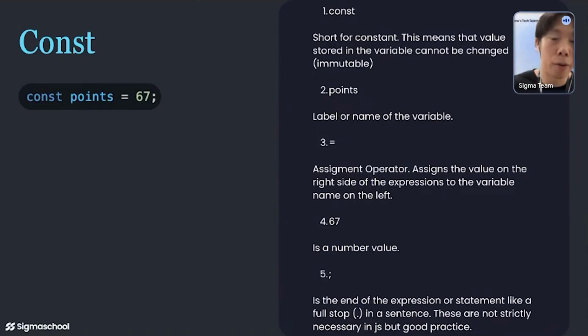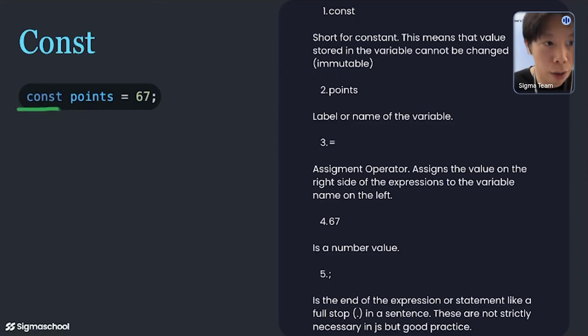For each variable, what type of variable it is. So in this case, a const variable basically means, let's break it down into different chunks of what this line of code means. When you write it in JavaScript, in a terminal, what does it mean, right?